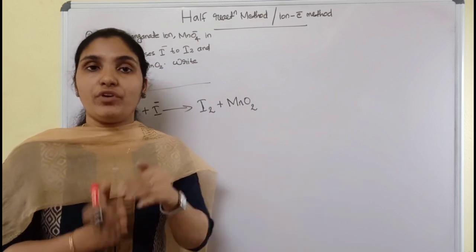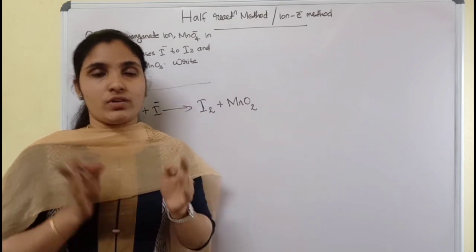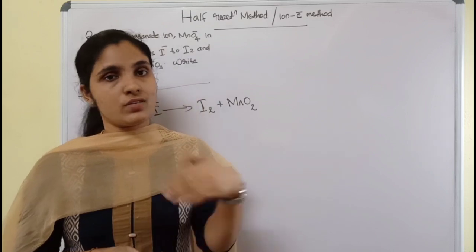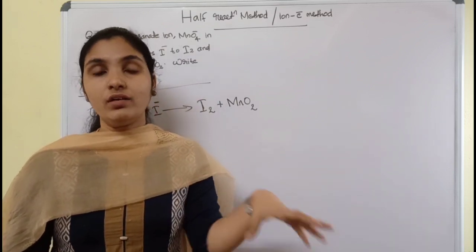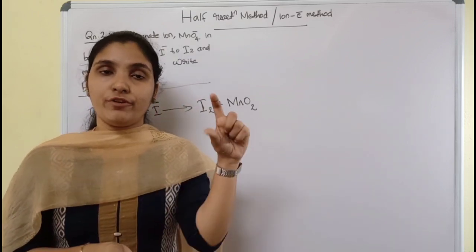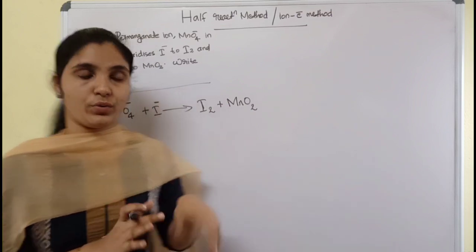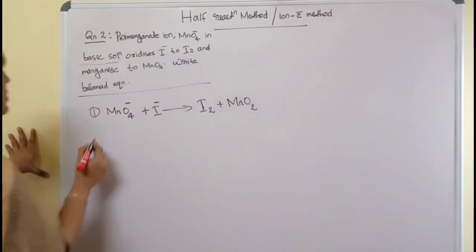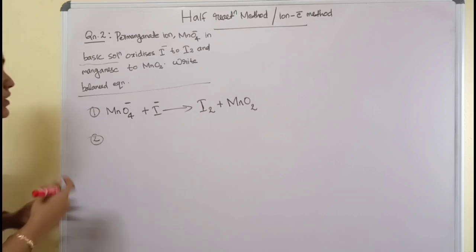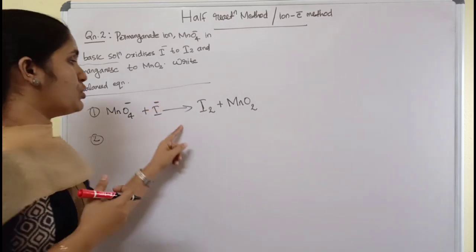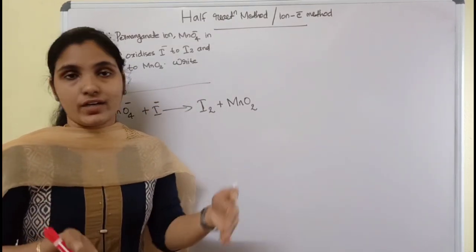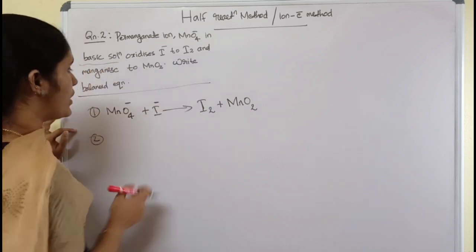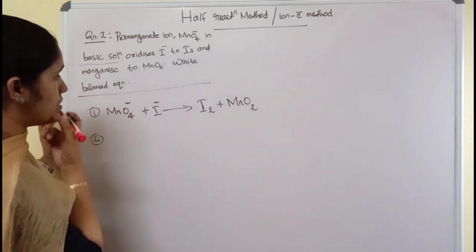From that we have to write the skeletal equation, and if the skeletal equation is wrong, nothing you can do further, because everything depends upon the first step, that reaction. Okay, and moving to the second step. What is the second step? To separate the equation into oxidation half and reduction half, right? So we have to identify which is oxidation and which is reduction.